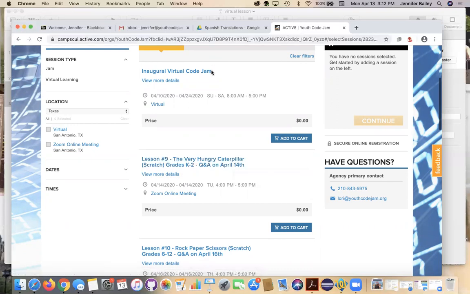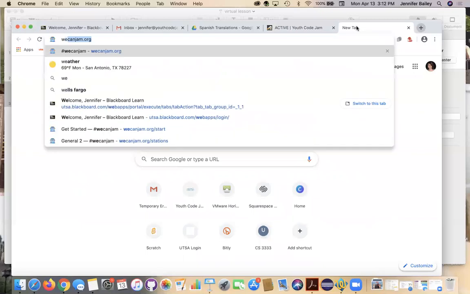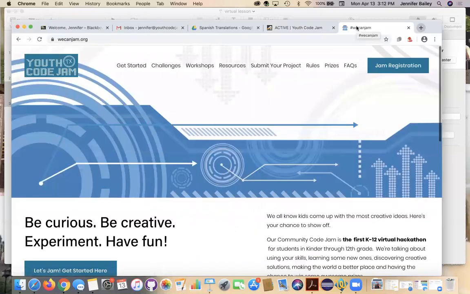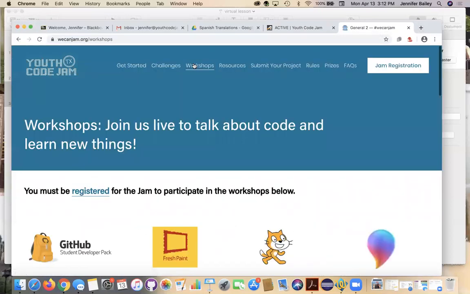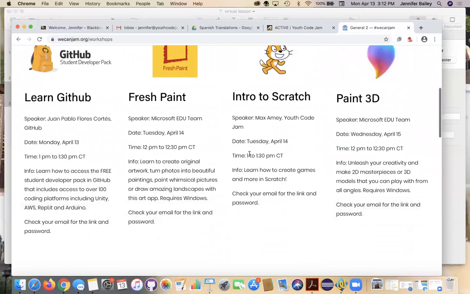Something else that launched this week was our inaugural virtual code jam. So this is our very first online code jam that we're doing. So if you go to wecanjam.org, you can find out some more information. Workshop started today. Everything is free, but you do need to register. So there will be live sessions with these workshops 1 to 2 times a day. There looks like they tried to stick to 1 a day or maybe 2. So like tomorrow,